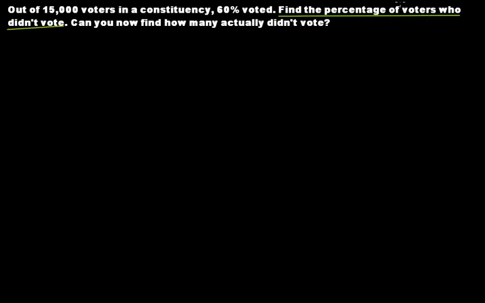Find the percentage of voters who didn't vote. So how many voted? 60% voted. We are solving for the first part. 60% voted, right? Now clearly this 15,000 voters,